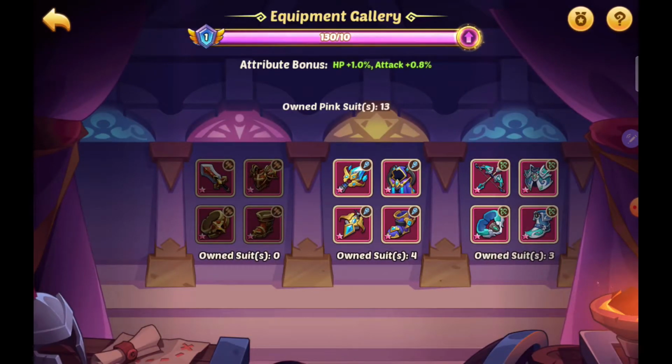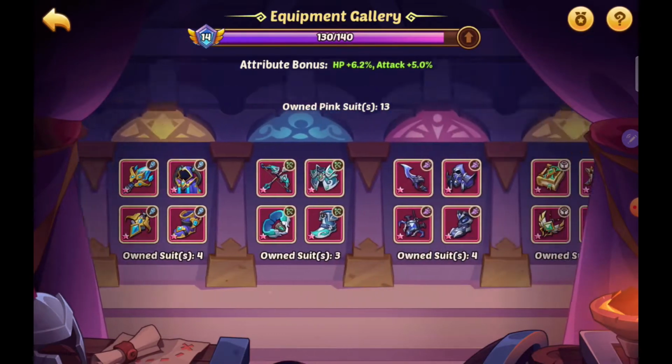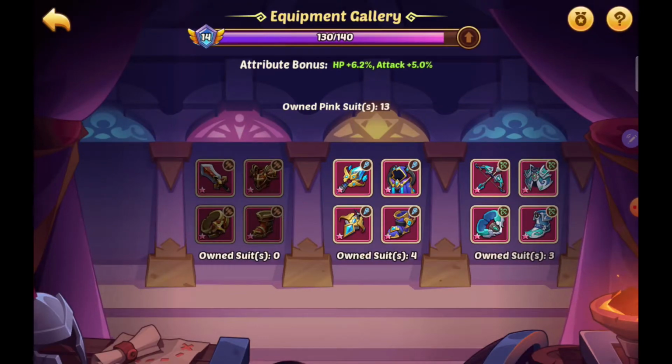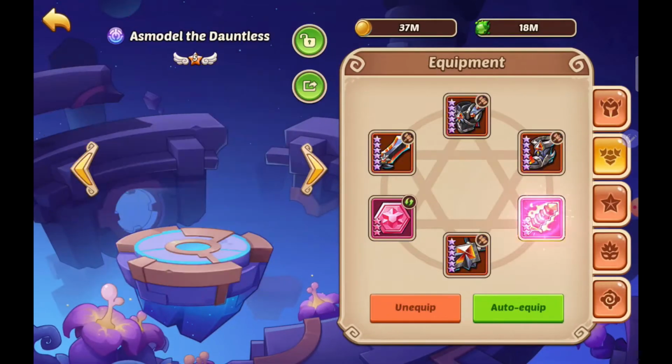Now we go to the equipment gallery. I haven't done my upgrades, but obviously it only counts the amount of resonance gears that you have. So given the chance, it's one of those things, right? I guess what this encourages you to do is basically get as much resonance gear as possible. So if you are someone like me and you have a bunch of non-resonance gear, like for example that,